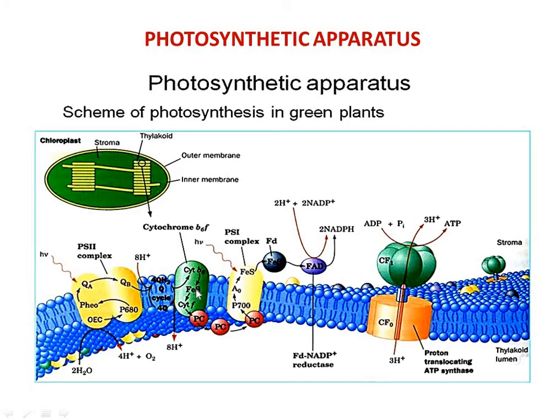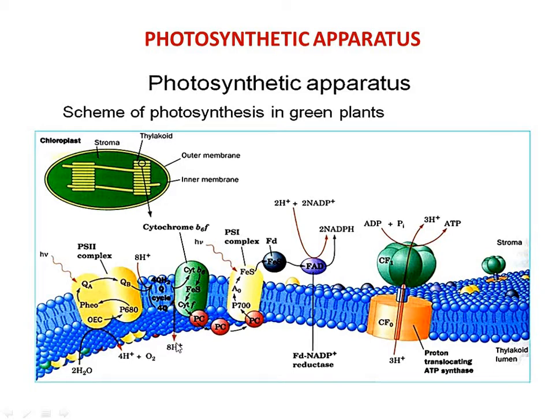Again, the electrons after the reduction, then oxidation takes place. The electrons are accepted by cytochrome F, one more electron carrier present between photosystem 2 and photosystem 1. So then what happens? After the reduction, the quinone is reduced into dihydroquinone. Then oxidation of the quinone takes place.